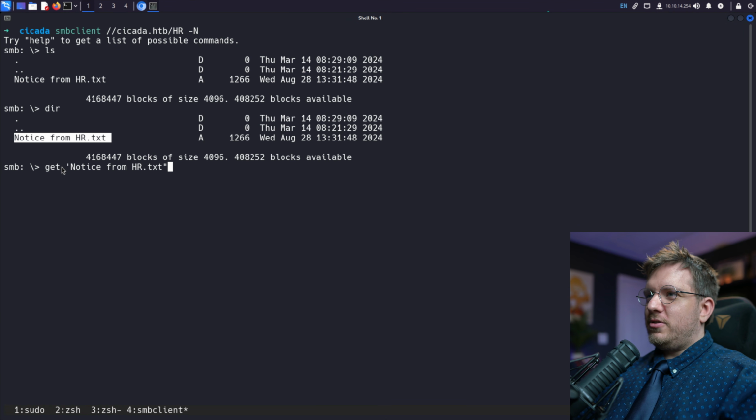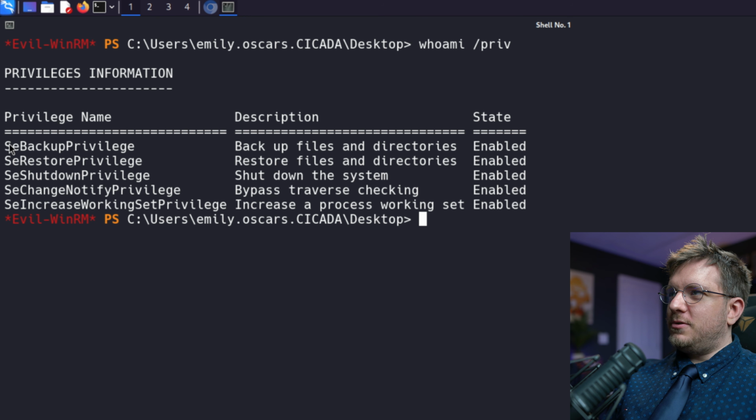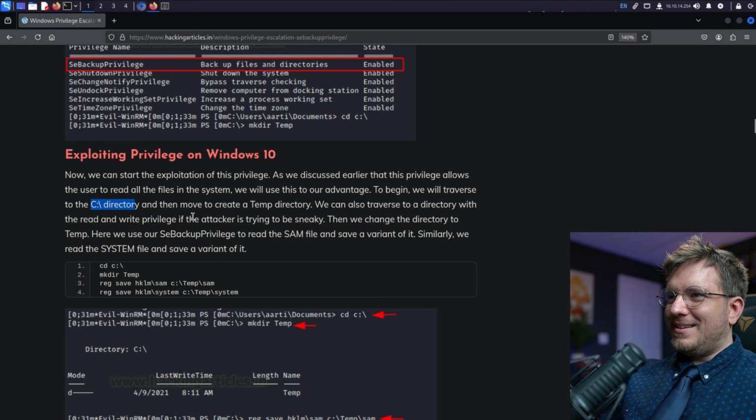With valid domain access, we explore a network share and discover a file containing another user's plaintext password. And using these new credentials, we gain access to a hidden backup script, which eventually reveals yet another set of credentials. And then from there, we use the new creds to get a shell on the system, in which we discover the user has the SeBackupPrivilege. And by abusing this privilege, we exfiltrate the registry hives, dump all the system hashes, and achieve a full system